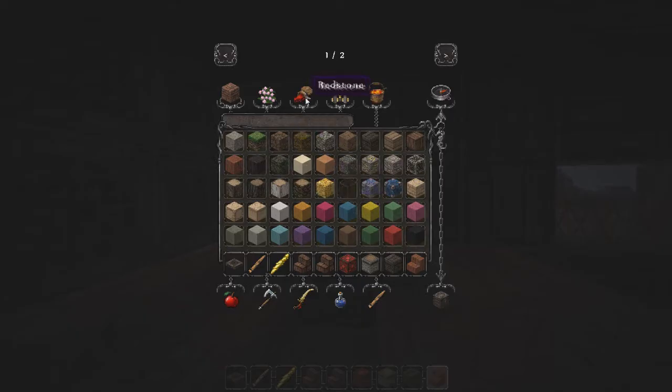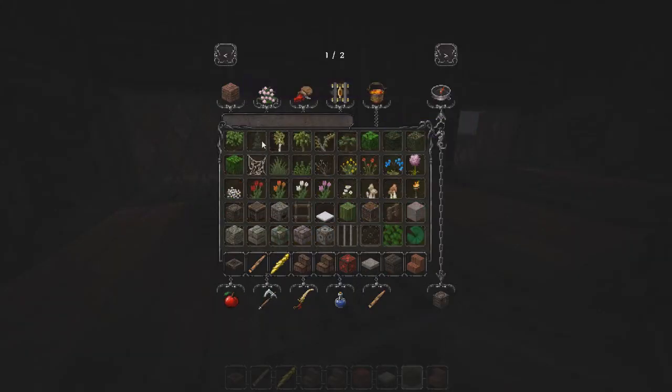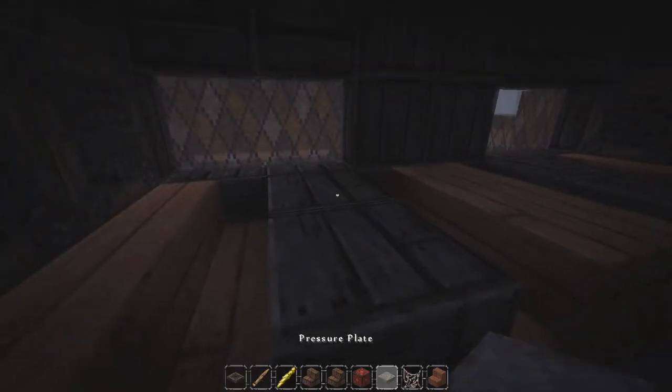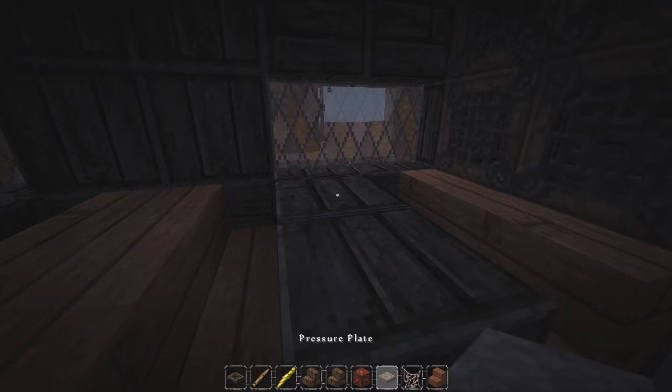Let's work on... We want to copy the top texture of the piston to put on here, and then we can actually start putting stuff. So let's go for a pressure plate. We also want a cobweb. That should be all we need. So pressure plate, cobweb, pressure plate,